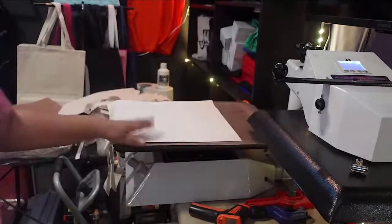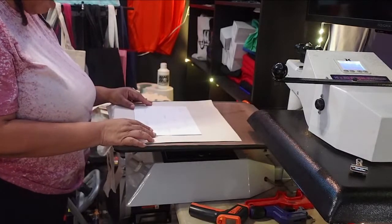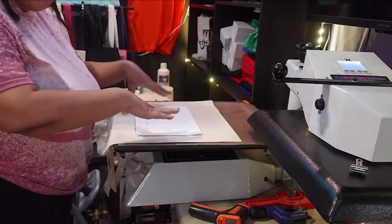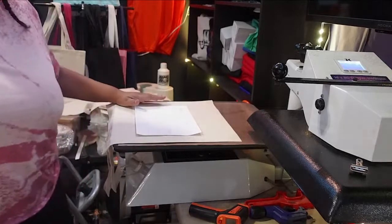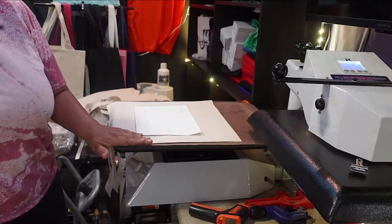So once you pre-press, you just want to lay it down on here. You want to use firm pressure, but not too firm, you don't want to push the paper into the shirt. These bags print much better than the other ones because these bags...